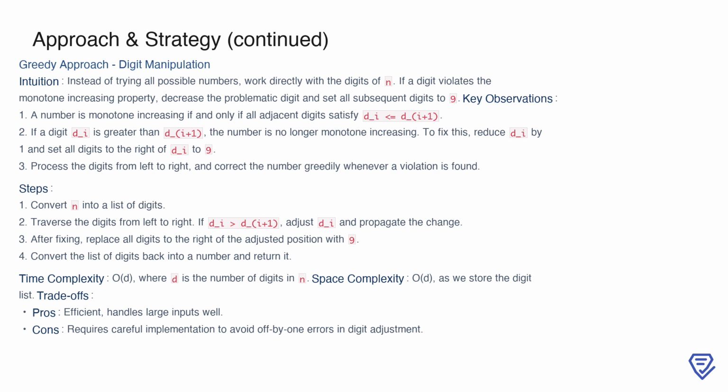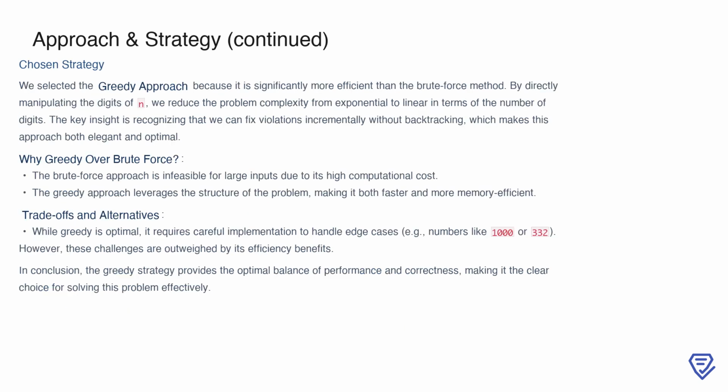This approach drastically reduces the time complexity to O(d), where d is the number of digits in n. The space complexity remains O(d), as we still store the digit list. While efficient, this method requires careful implementation to avoid off-by-one errors when adjusting digits, underscoring the need for precision in handling edge cases. Ultimately, we select the greedy approach as our chosen strategy due to its clear efficiency advantages over